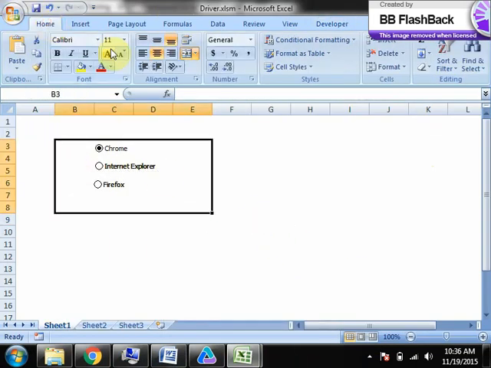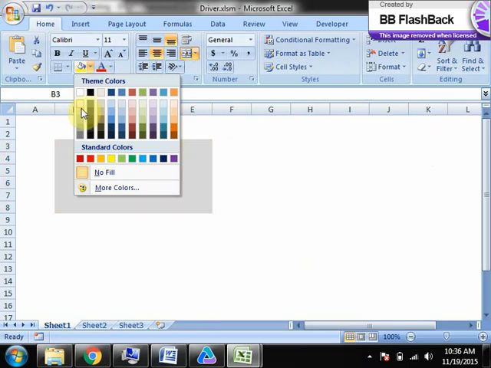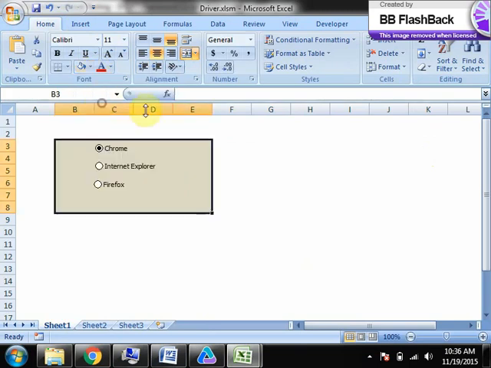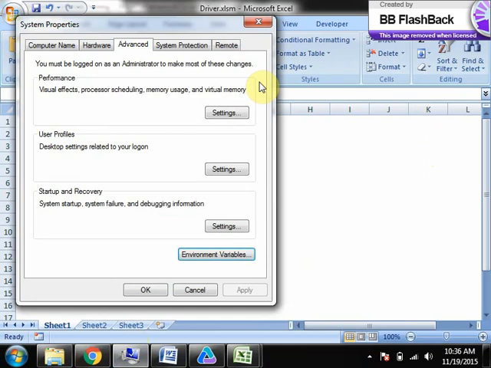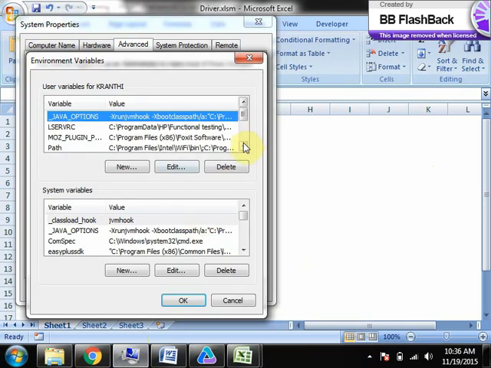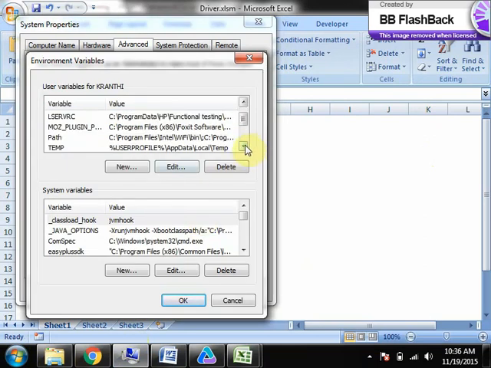Just change the back. Okay, pretty easy. Right. So go to the environment variable now. You don't have any browser type variable, right? You don't have any.